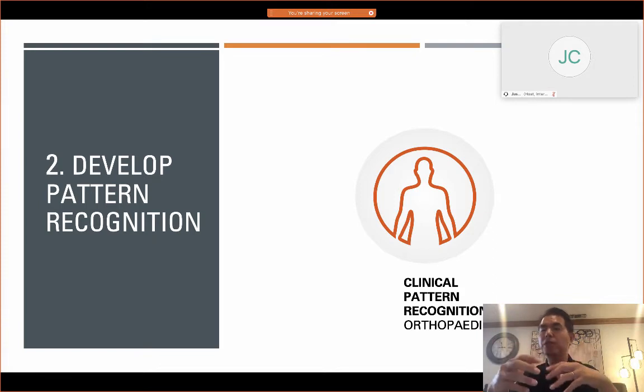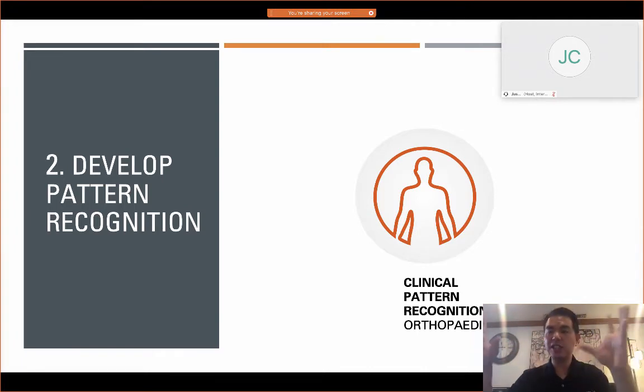Because it helps me to already speed up the selection of tests, selection of investigation, the assessments. I already have an idea what the research says about treating this type of pattern. So what that means for you is when you walk into the clinic, there is a common group of patients that have shoulder pain, and you should be able to recognize those patterns.